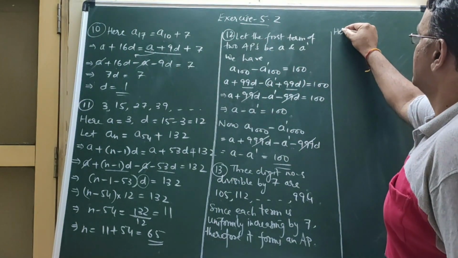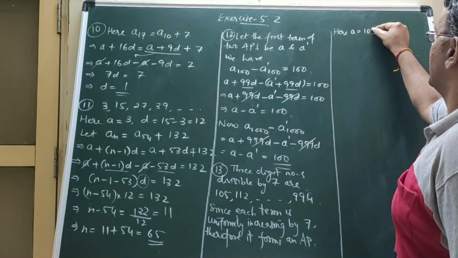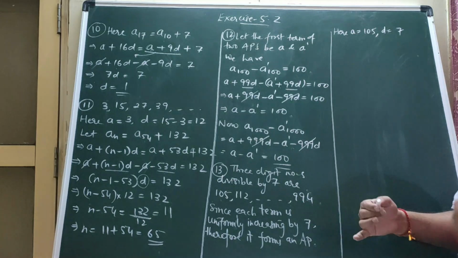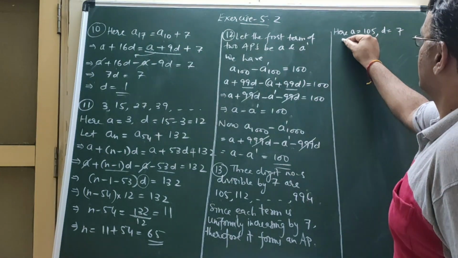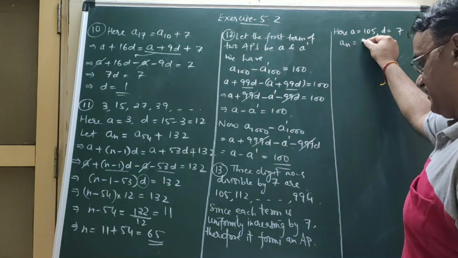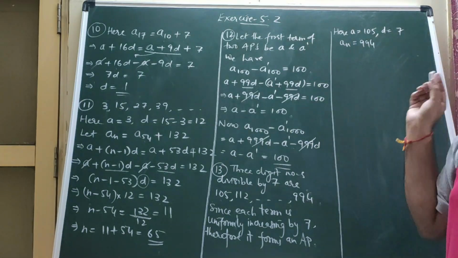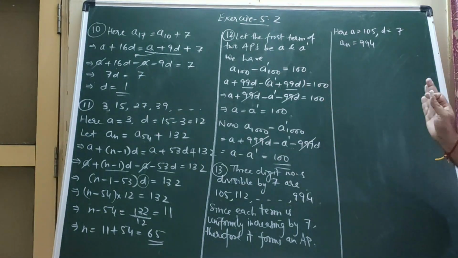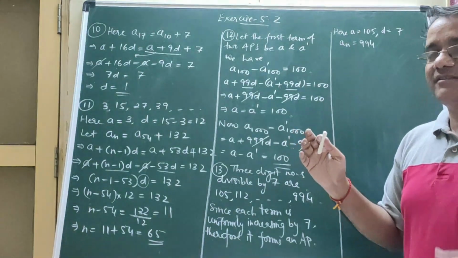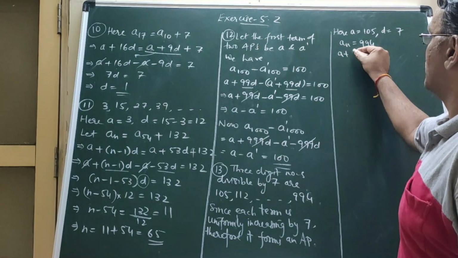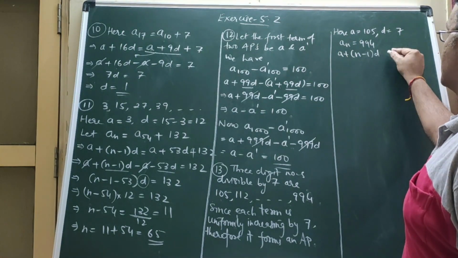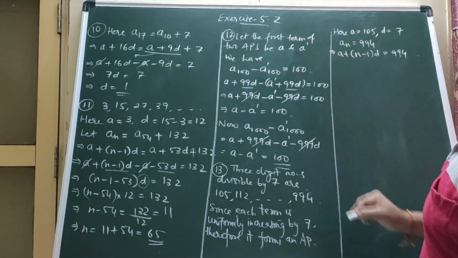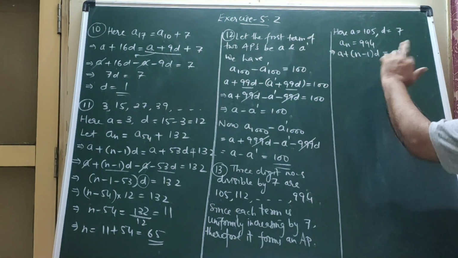So here the first term is 105 and the common difference already हम लोग 7 यहाँ पे मेंशन किए. इंक्रीज हो रहा है तो प्लस 7 ही होगा. And the last term is an, that is 994. So हम लोग ऑलरेडी क्वेश्चन ऐसा वाला प्रैक्टिस कर चुके. a d दिया हुआ है, a n दिया है, we need to find the value of n. So first write the formula, a plus n minus 1 into d is equals to 994.